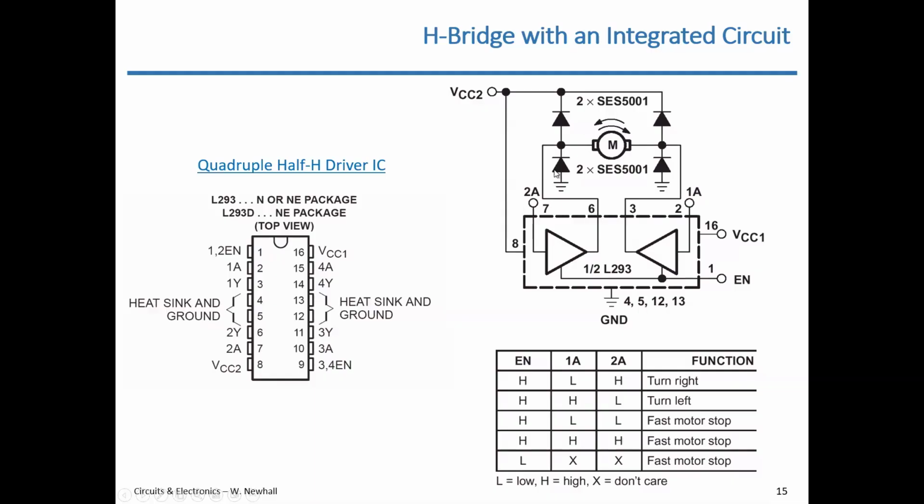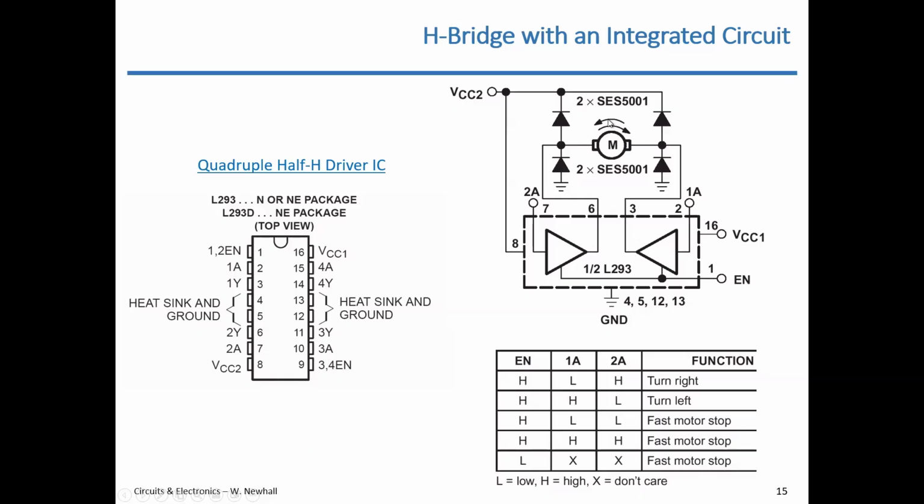So here's the motor. Forget about those diodes for a little bit. I'll explain what those are. But the output of these buffers, remember we talked about what a buffer is. A buffer has the output equal to the input. What good is that? Well, these buffers are actually current drivers. In other words, the input is a low current control signal, and the output controls current either into or out of that buffer at a higher level than your logic signal could provide. That is the input to those buffers. So imagine the outputs could source or sink current at a high enough current level to drive that motor,